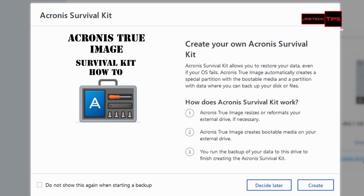So it'll actually create a 2 gig partition just for bootable, and if you hit F12 on your BIOS, or F2, whatever it is, or F11, it'll give you an option to boot from the drive,